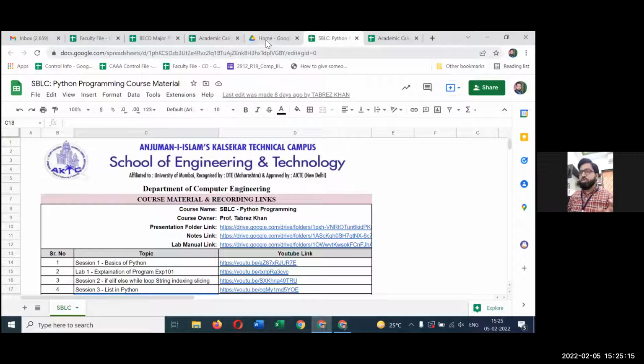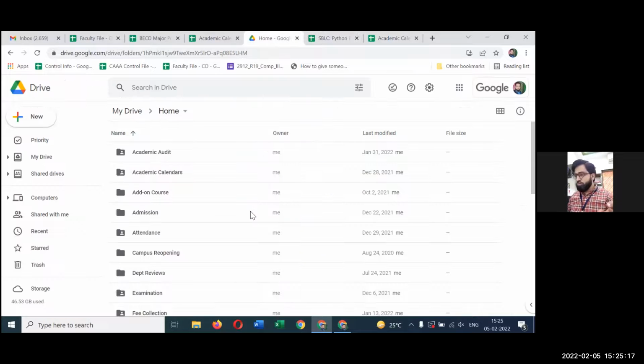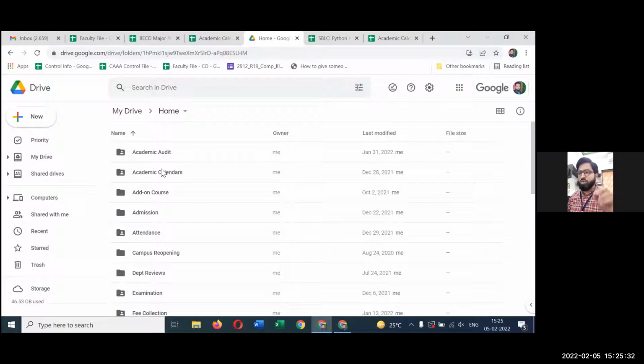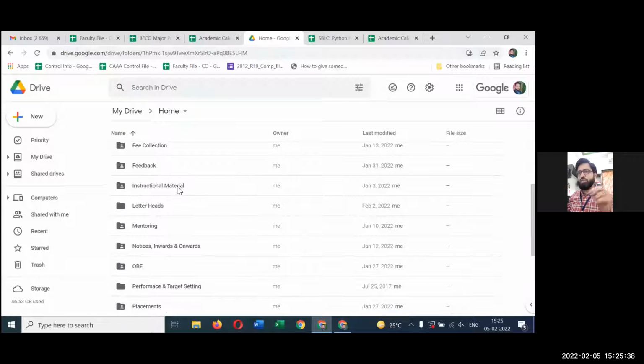Any query so far? Sorry, I did not ask you in between. Are you understanding how the structure can be maintained effectively? How things can be shared with people? How can they contribute? Okay? I have given you one simple example. A few examples, like the academic calendar: what kind of access can be given to different kinds of users? Then instructional material: what kind of access can be given to different kinds of users?